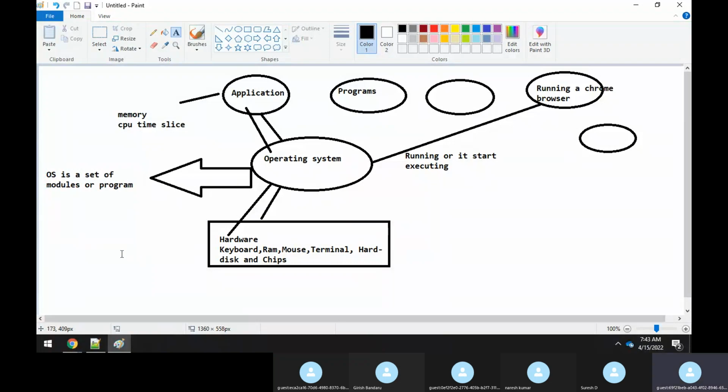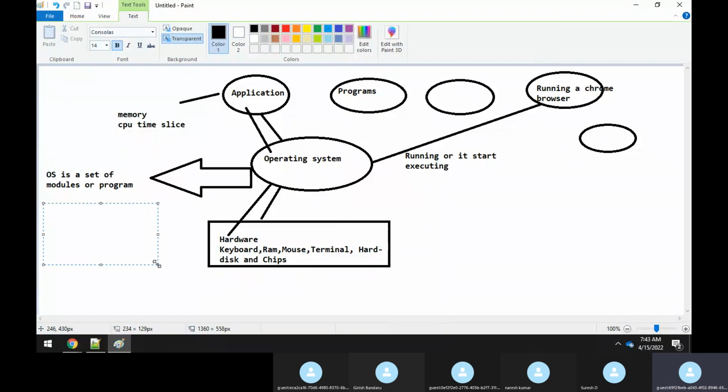So what is that code? Most of the operating systems are written in the C language. But yes, there are some operating systems which are written in different languages. We'll discuss all those things later. Now they are written in C language. To code the whole operating system, they have used a modular concept. Using the modular concept, they have developed a lot of modules, integrated each and every module, and together the modules, they call it an operating system.